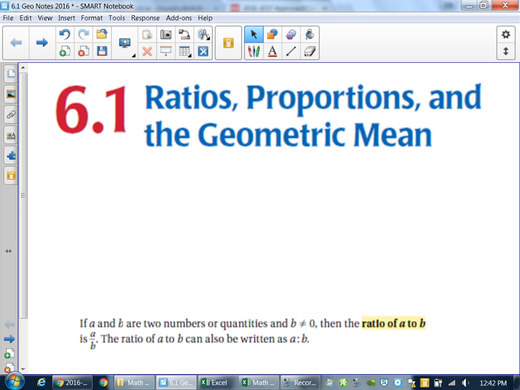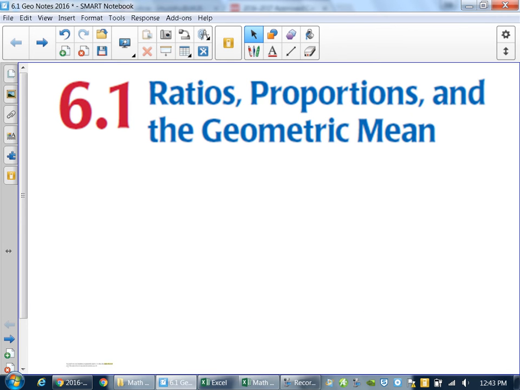Proportions, which you've all done, which is not new at all for any of you. The only thing that's going to be a little bit new today is this little thing called the geometric mean, and it's actually really easy. Geometric mean is going to help us a lot more second semester. It's just kind of an introduction of what it is today, and it's basically a couple of buttons to press